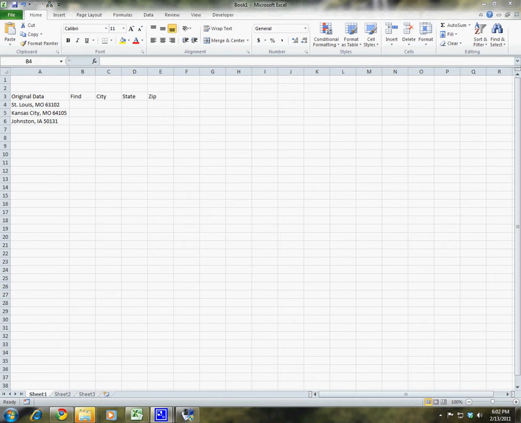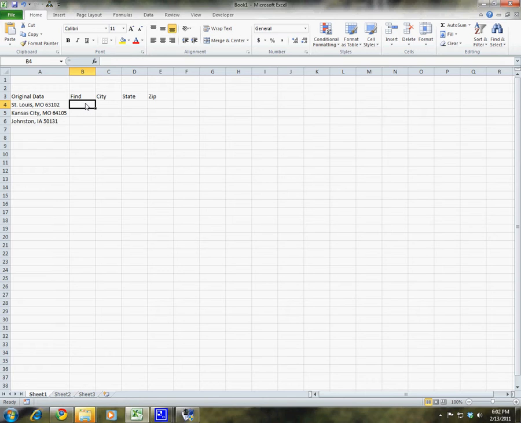To separate the data in a single cell that displays the city, state, and zip using the Excel application, we'll locate the character number of the comma and then use that to identify and extract the components. To begin, we click in cell B4, and in cell B4 we'll locate where is the comma in our data